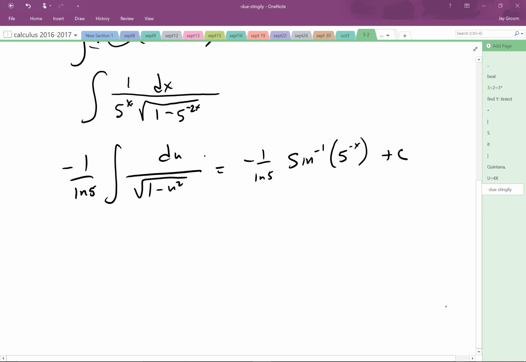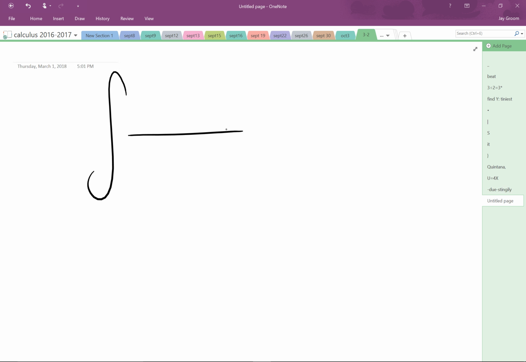So we should do a few more here, kind of get the hang of them a little bit more, I feel like. I feel like this guy is going to show up. So the square root,